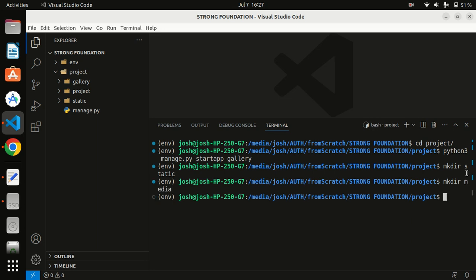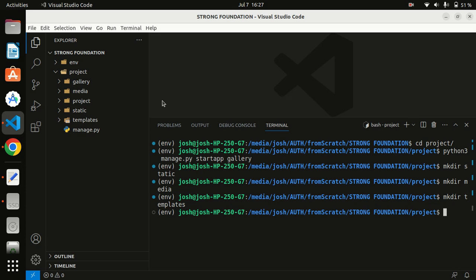I have to create maybe templates. Media is all about our images. It will be serving the images to our application, and then templates, it's where our templates such as the index.html and all other HTML files will be. So we've finished creating all the other necessary folders inside the root folder of our project,